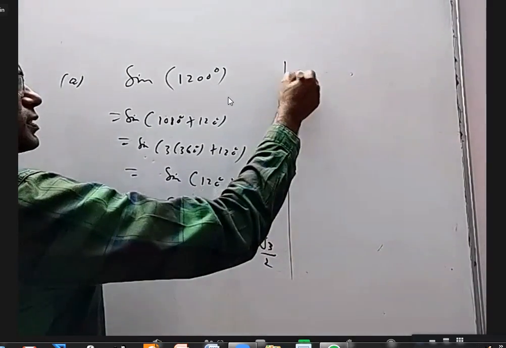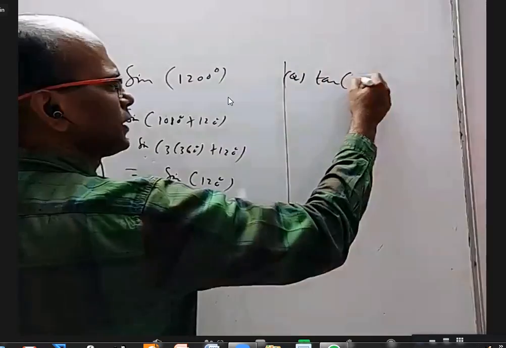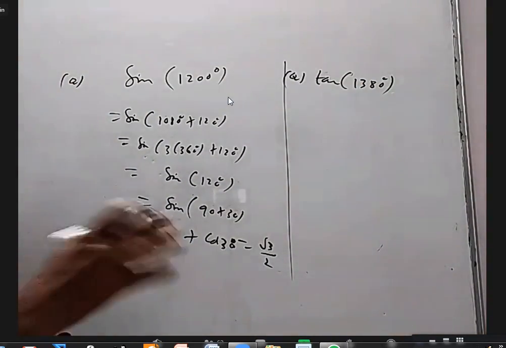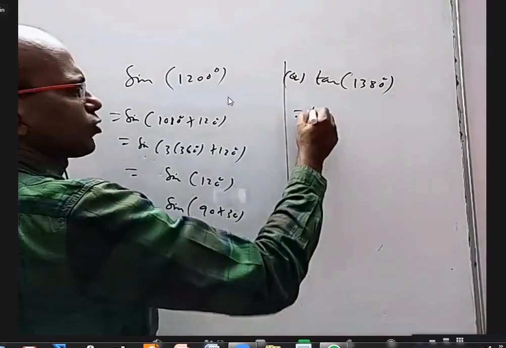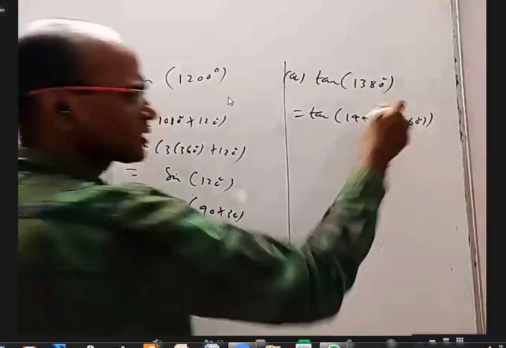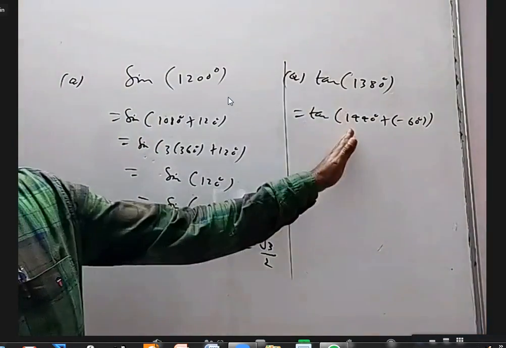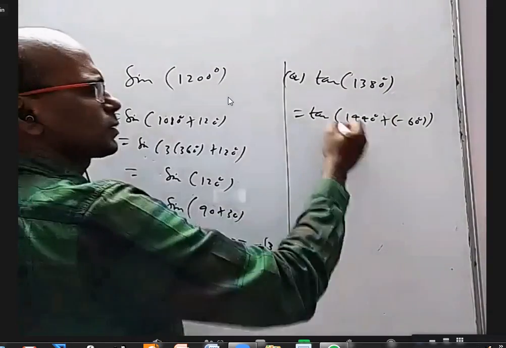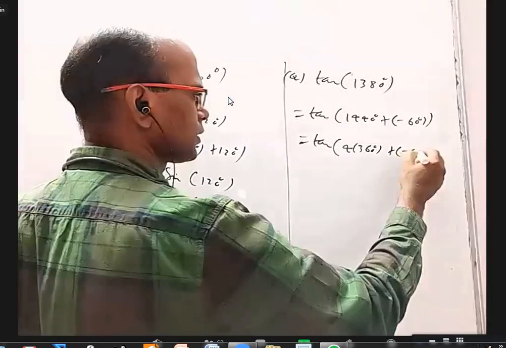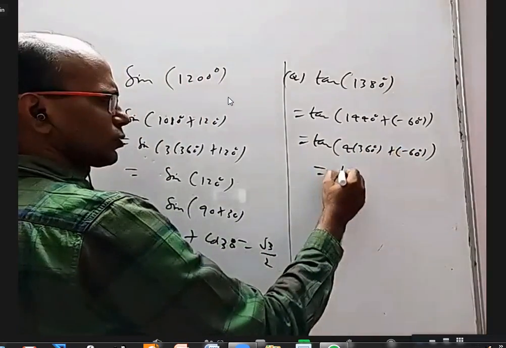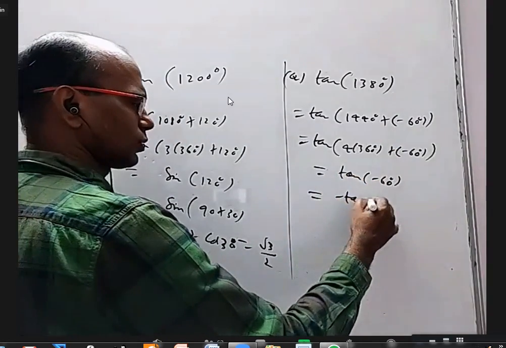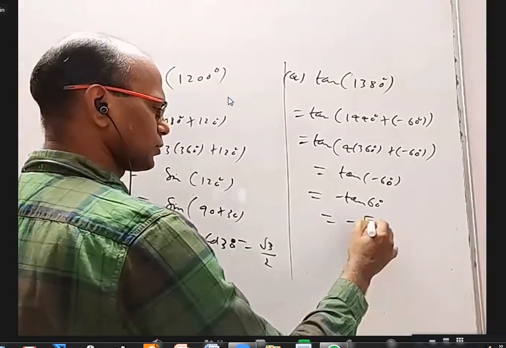Okay, I'm not giving any numbers, just some question. Let us say somebody gives me tan 1380 degrees. I can write it as 1080 plus something, but I would like to take 1440. So tan 1440, but it is minus 60. So I'll write it as 4 times 360 plus minus 60. This is a multiple of 360, I can neglect it. You will get tan minus 60. Tan minus theta is minus tan theta. You will get minus tan 60, which is minus